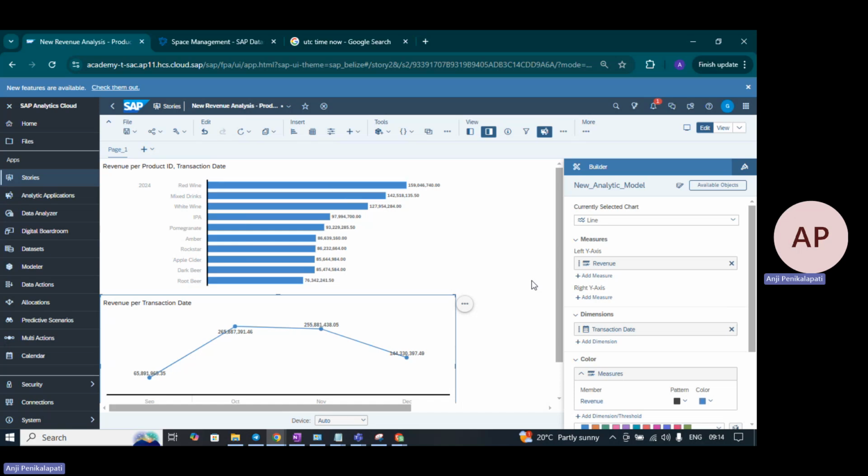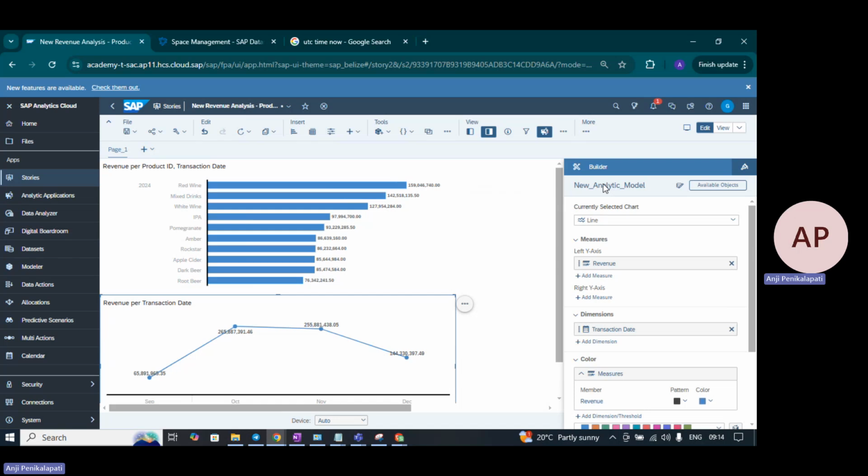So whenever you come back now, after some days, your transformation flow is running, so it will keep adding the delta records in the table, and from that table we have created a view, and that view we have created an analytical model,